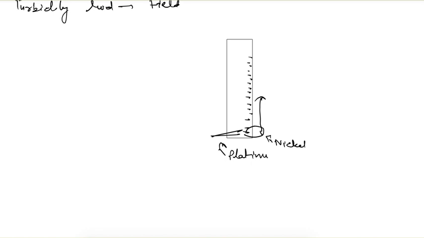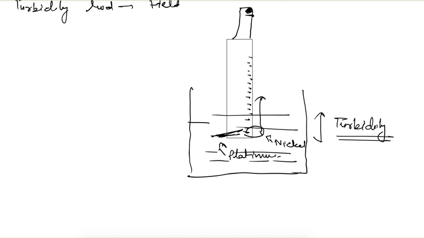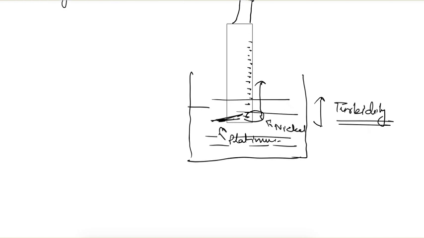And how do we measure the turbidity here? You take a sample of turbid water and then you submerge or insert this turbidity rod inside that sample. Here one tape is attached and there is a mark for eye position. Now you keep your eye on this mark and keep on inserting the rod. At one point there will be a situation where you cannot see the needle from this position. At that point the depth of the rod gives the turbidity directly. So that is the easiest method to measure turbidity in the field.